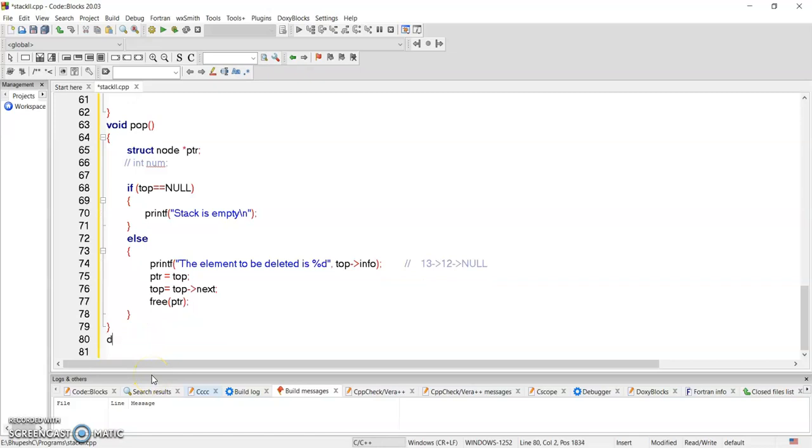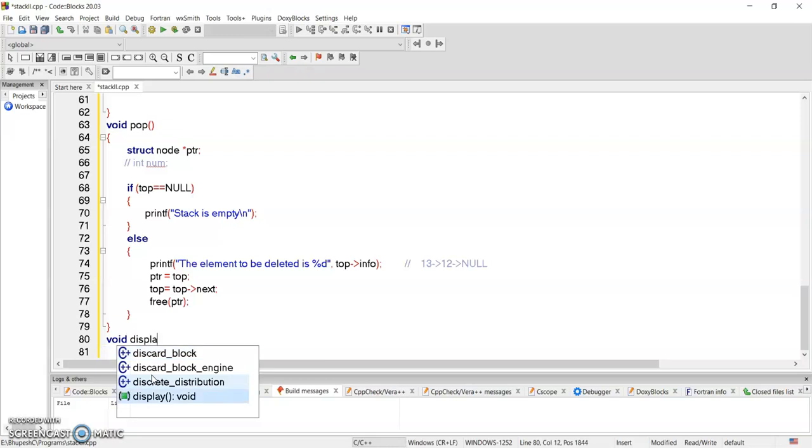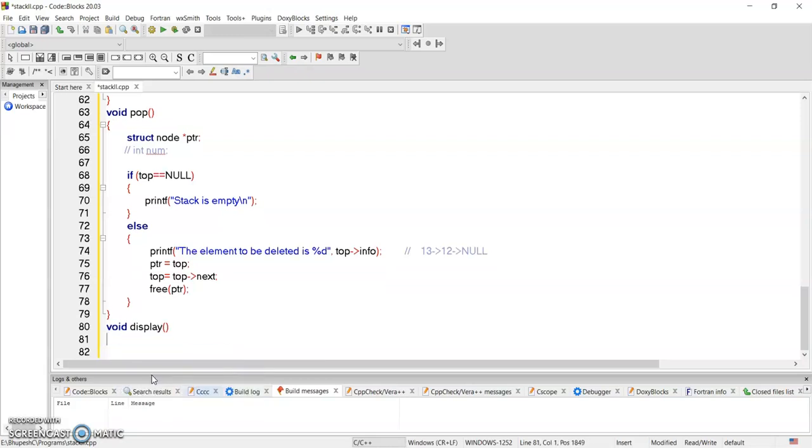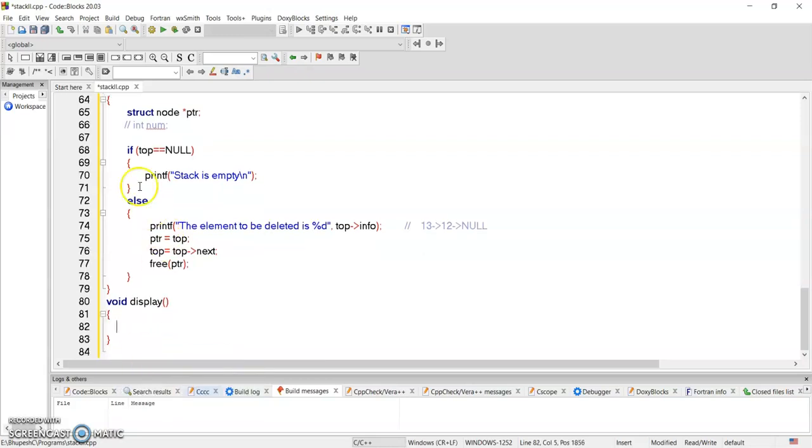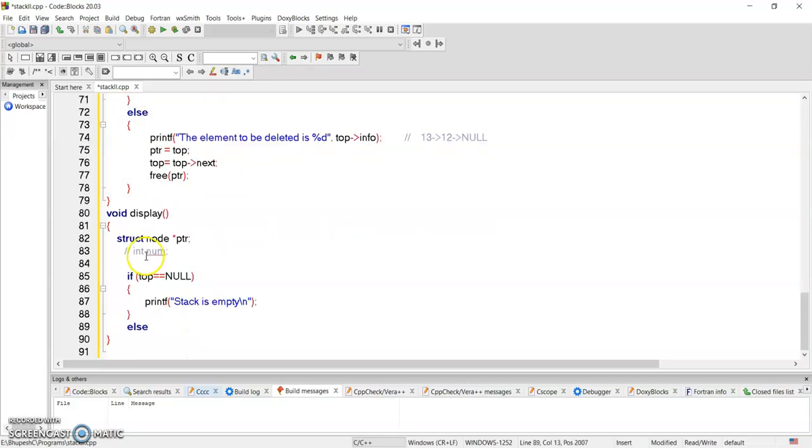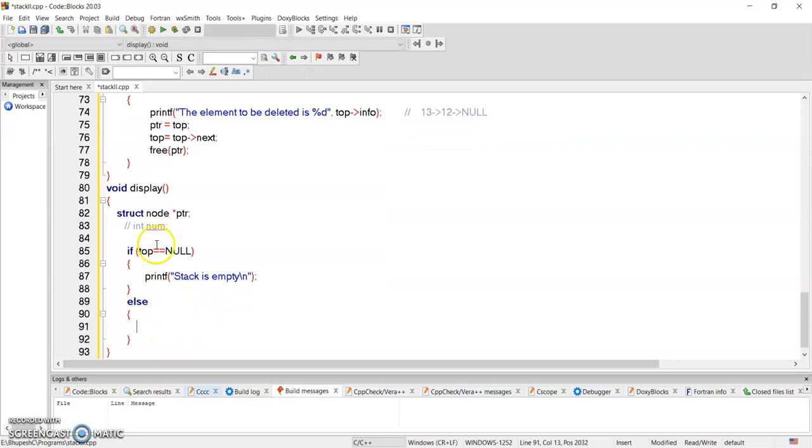Okay, display. Void display. Here also I will simply copy this, because if top is equal to null, stack is empty, else. What I will write here,